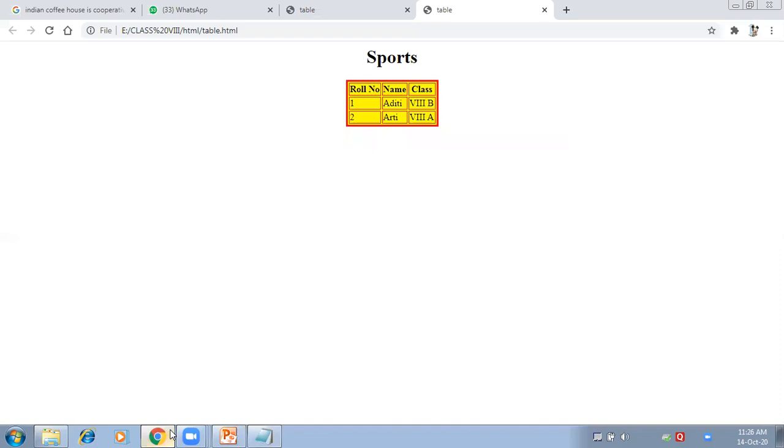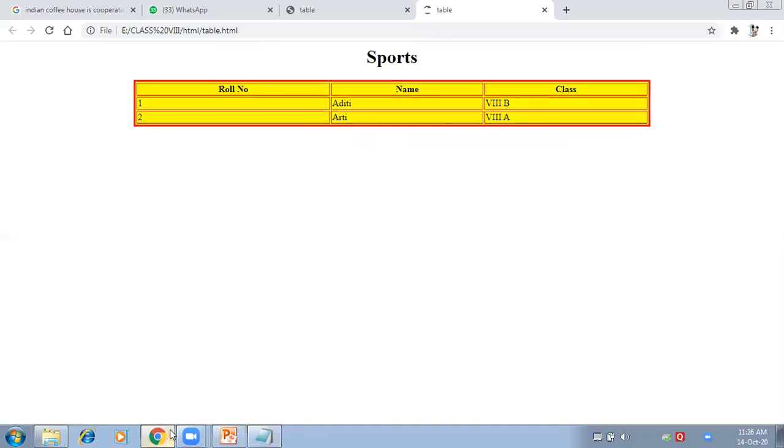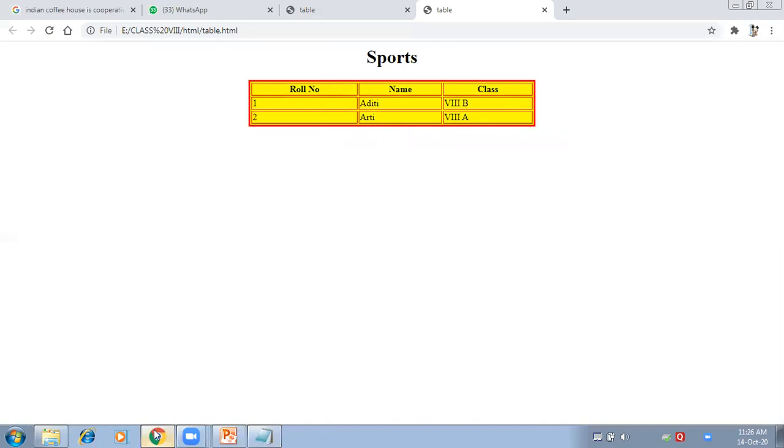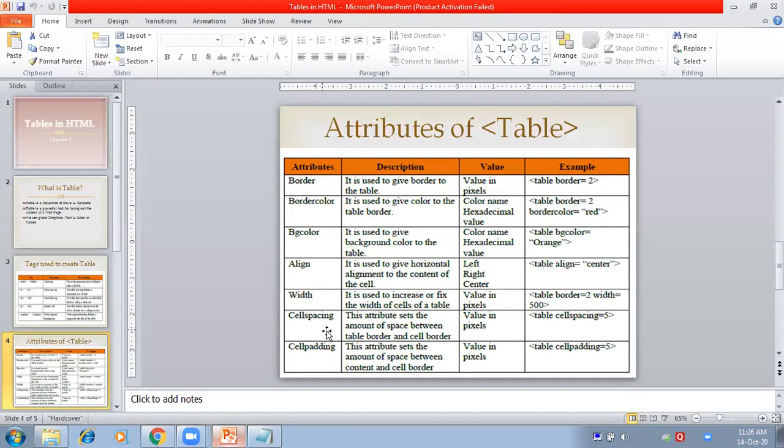Save, check. Okay, now it is coming like this. I think earlier I was not able to save it properly. So I'm going to save it now with 500 and check it. Okay, so this is the size of the table. Now the width of the cells is increased and it is the same for every column.